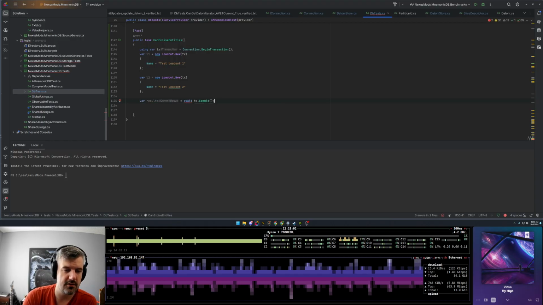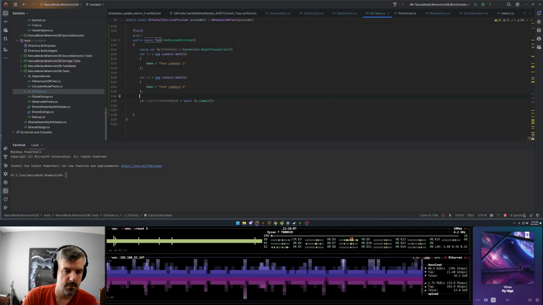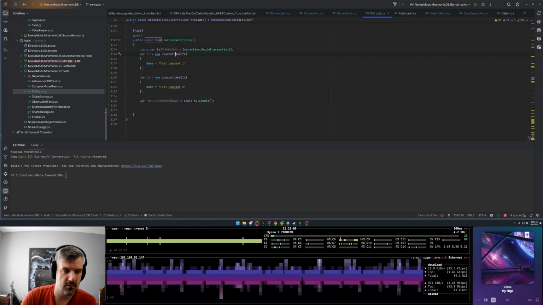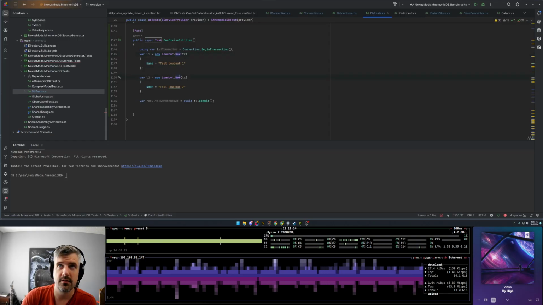And what we get out of the commit is a commit result. Because what we have here are new loadouts. These are loadouts that haven't been inserted yet into the database.